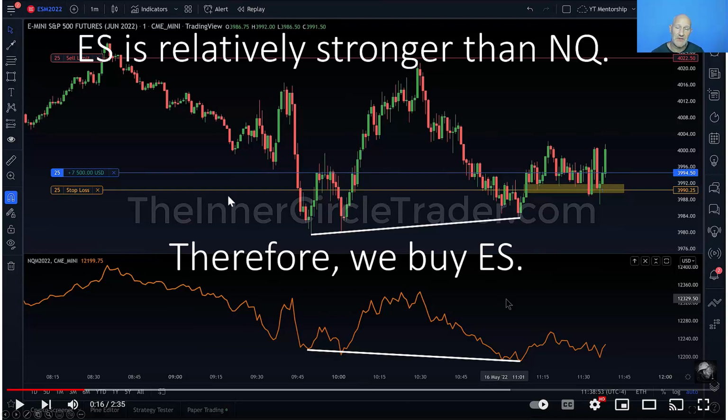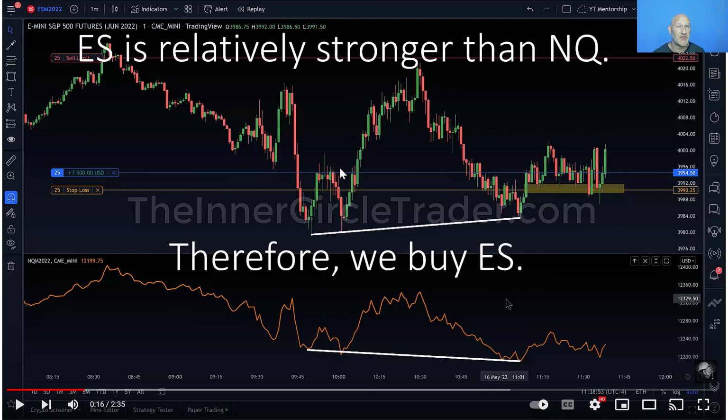So what this tells us is that the ES is relatively stronger than the NQ, and because in this example we have a bearish bias, we'd be buying the ES over the NQ because it's relatively stronger than the NQ. So what we're going to do now is run through that trade example that ICT took in the lessons,